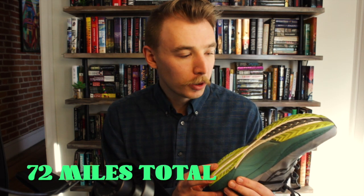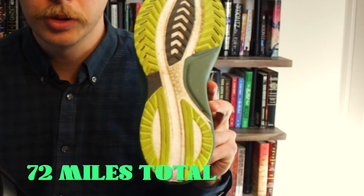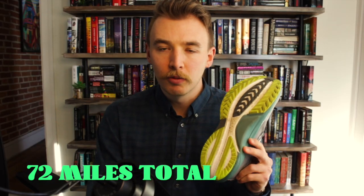They always feel sort of heavy, sort of clunky, very much so dead underfoot, but this is a pretty lightweight package for a stability shoe compared to what I've experienced before. The outsole is super grippy. I've run in this in absolute torrential downpours. I've even run in slushy-ish conditions after it has snowed in the past, and I think this is one of